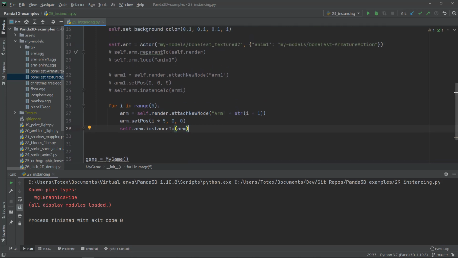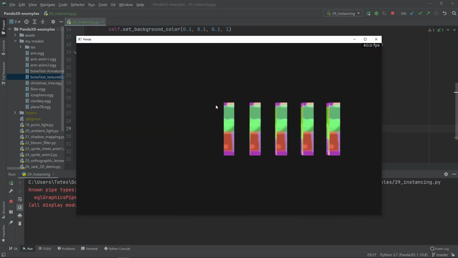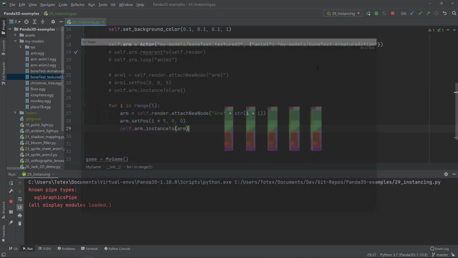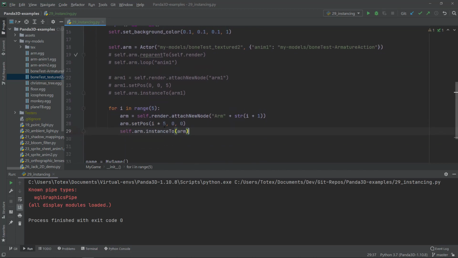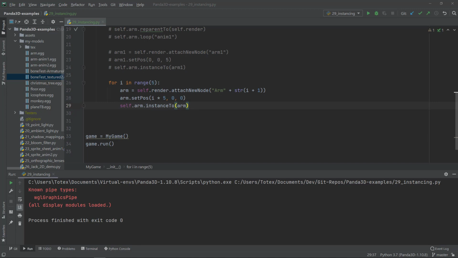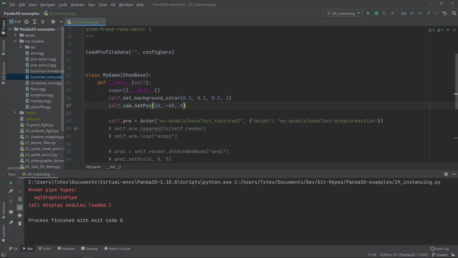I don't know how to explain it better. So now if I run it, I should see 5 arms. And I'm also going to maybe move the camera's position a little bit back. So here, after the set background color, I'm going to add the set camera.set position, let's say 0 on X and -60 on the Z,